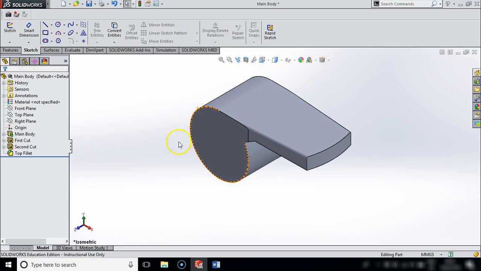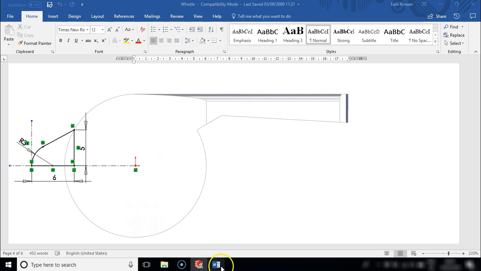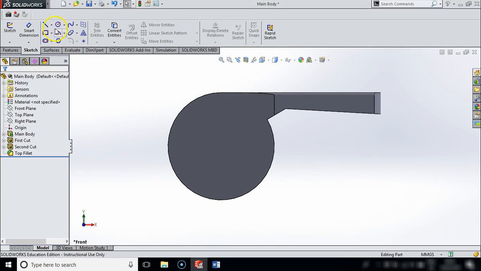The next feature I want to draw is a little raised section here at the back where a keyring can be added in, so you can add a whistle to your keys or a bracelet of some sort so it can go around your neck. These are the measurements of what we're going to draw, and we will use the command known as revolve boss base. So within SolidWorks, I want to look directly at the side,